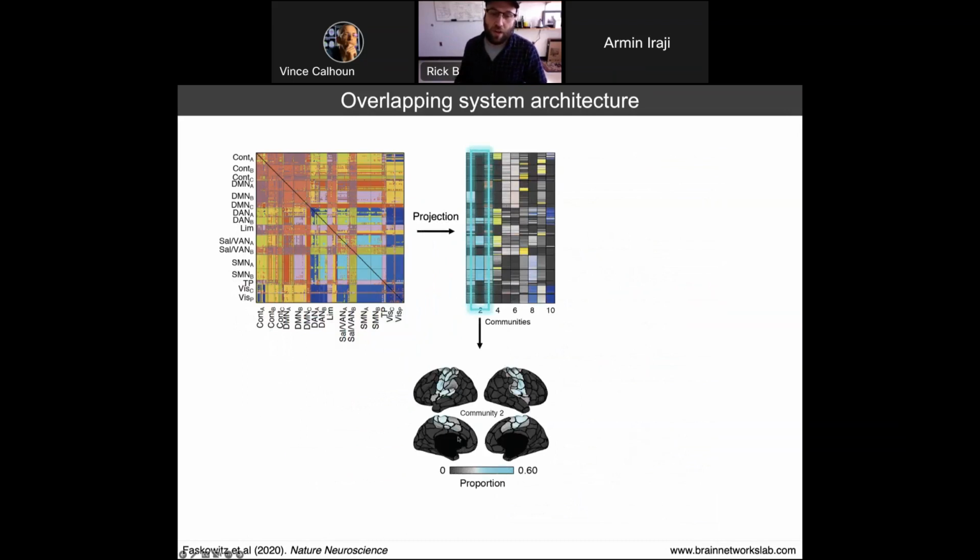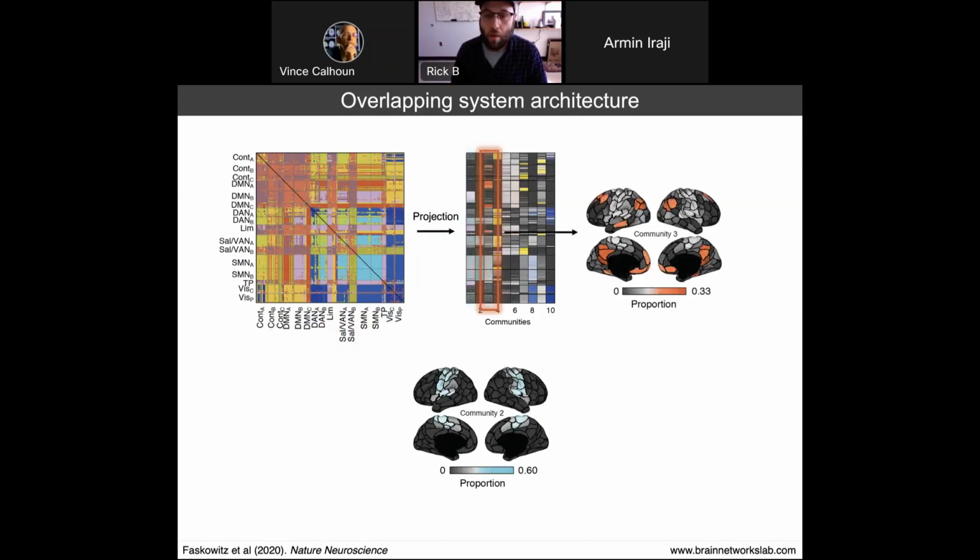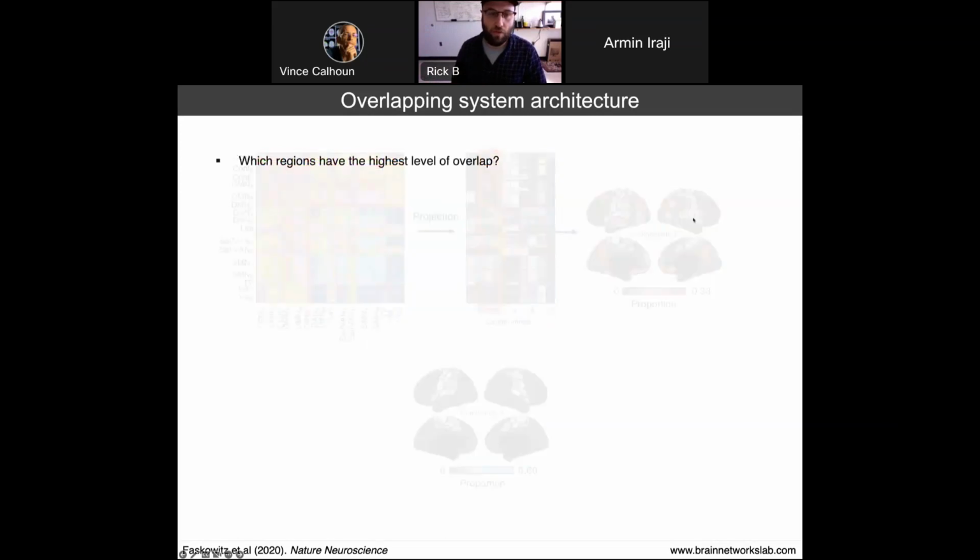For example, this is community 2. As you see, most of the edges are incident upon the somatomotor network, so the resulting pattern looks a lot like a motor cluster or a motor ICA map. But there are other edge communities that we projected back to individual nodes. It has a resemblance to something familiar, like maybe a control or a default mode network, but it pulls along other systems with it. So here's an example of something that's largely maybe DMN or control network-esque, but it has some contribution from edges in the somatomotor network and maybe some salience nodes as well.